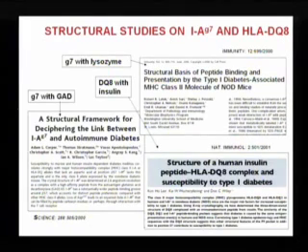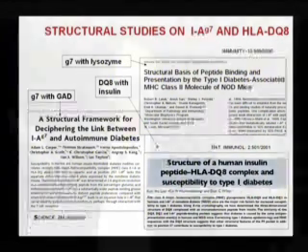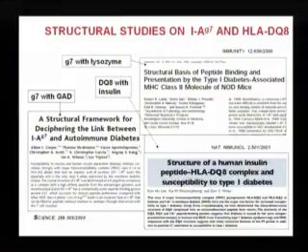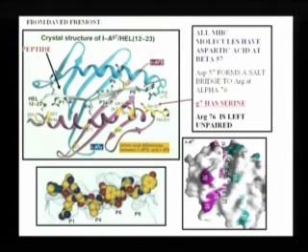We did the crystal structure of it with David Fremont in 2000. At the same time, the group at Scripps did it with a small peptide that was associated with diabetes. We did it with the lysozyme peptide. And a year later, Don Wiley showed it with the insulin peptide and DQ8. And the structures were all very similar. And I'll show you the one that was published by David from our own studies.